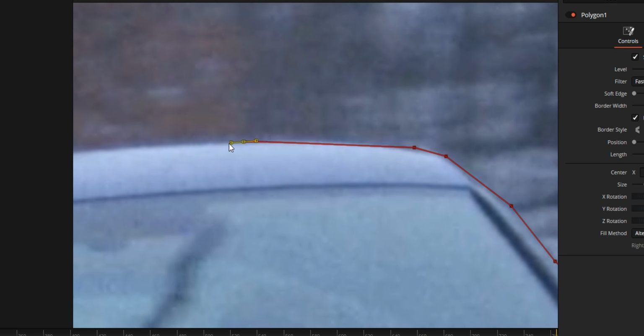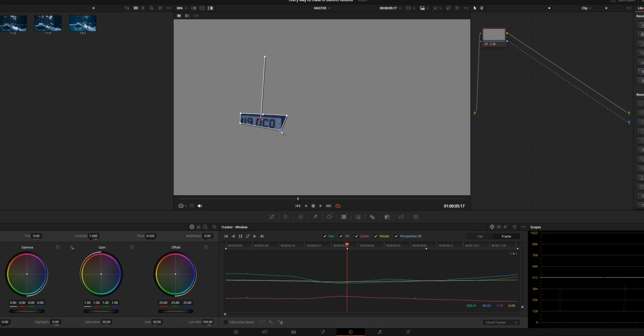So in the timestamps, there will be all the different techniques that I'll be using today to mask out an object, and different situations and different case scenarios will better suit different techniques. So if you're not sure which case scenario is best for you, it's probably best you just watch the whole